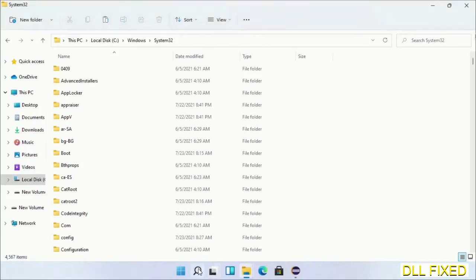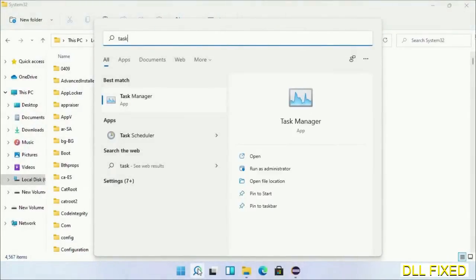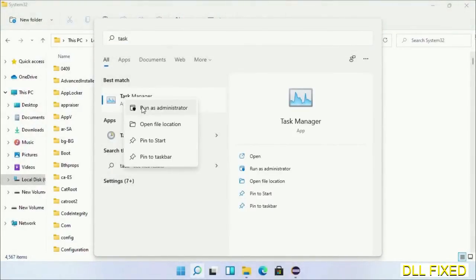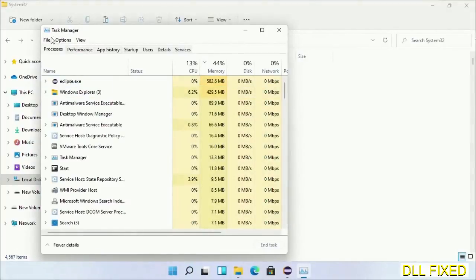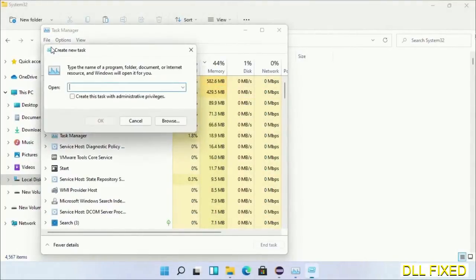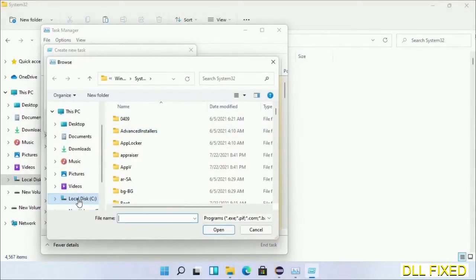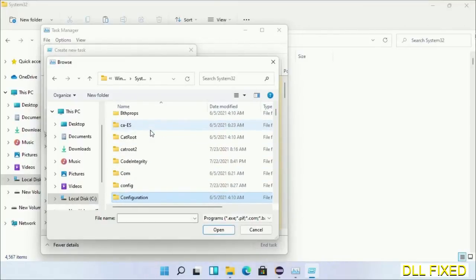And in step 2 we will register the DLL file we just copied. Now open task manager with administrator access. Click file, select run new task, then click on the browse button. Now open C drive again, open Windows folder, open System32 folder. Now in the list we have to select this file,